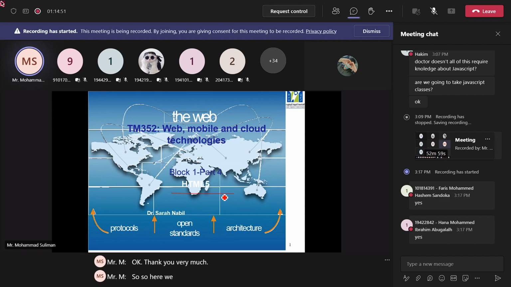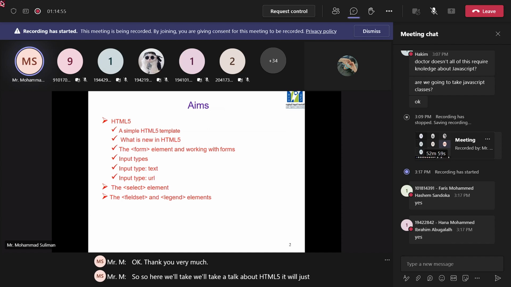So here we'll talk about HTML5, where we'll just talk about a simple HTML5 template, what's new in HTML5, the form tag, and some input tags. More importantly, we just try to understand the web page that has HTML embedded along with the CSS and some JavaScript, right? So you have seen that